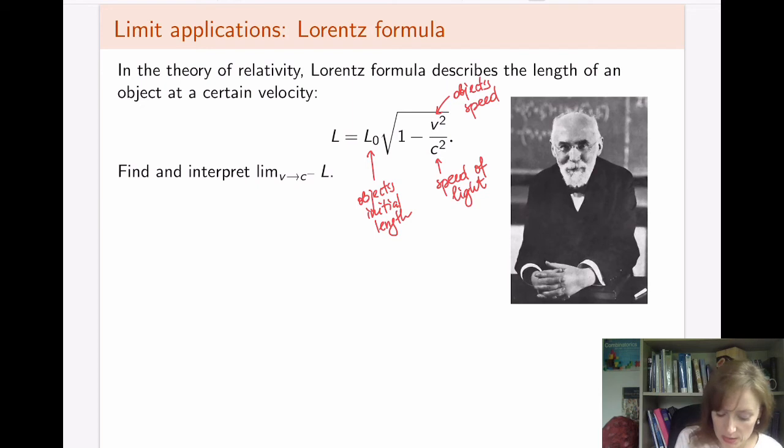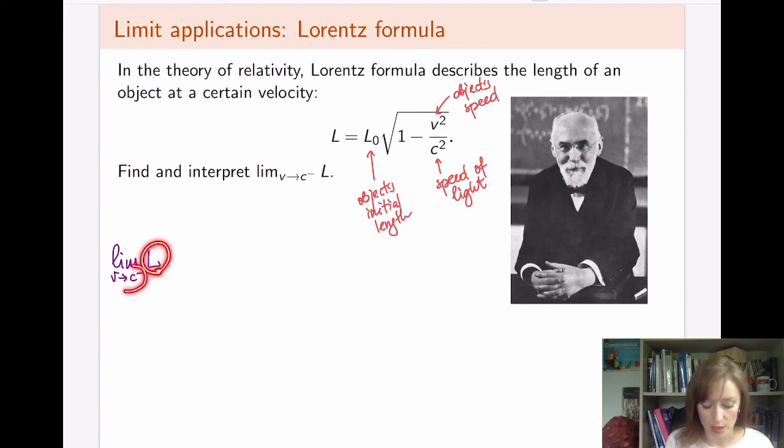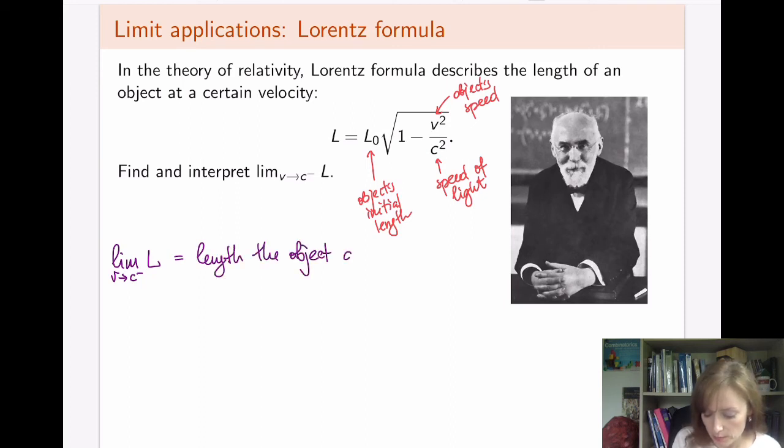So let's first of all write out in words what it is that we're trying to compute. There are always two parts to a limit: what it is that you're trying to compute, and where you are computing it at. So what is it we're trying to compute? We're trying to compute L, which is the length of an object. We're trying to compute it in the limit, which means that this is the length the object approaches,